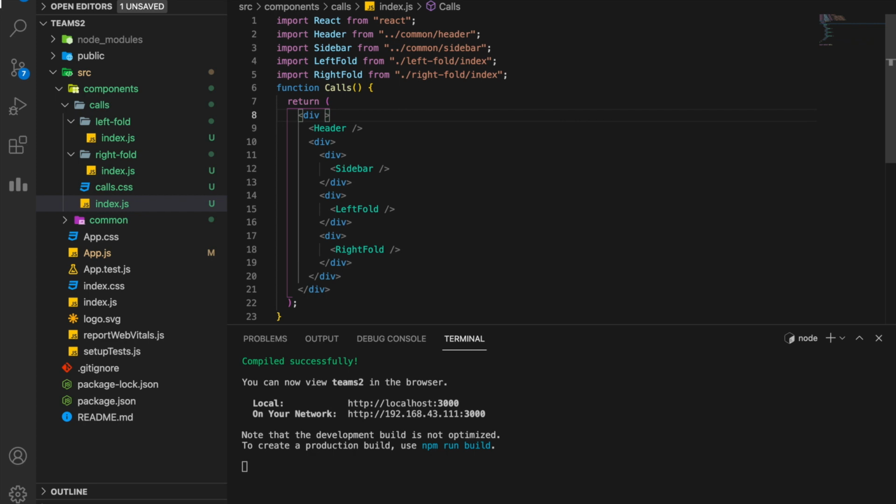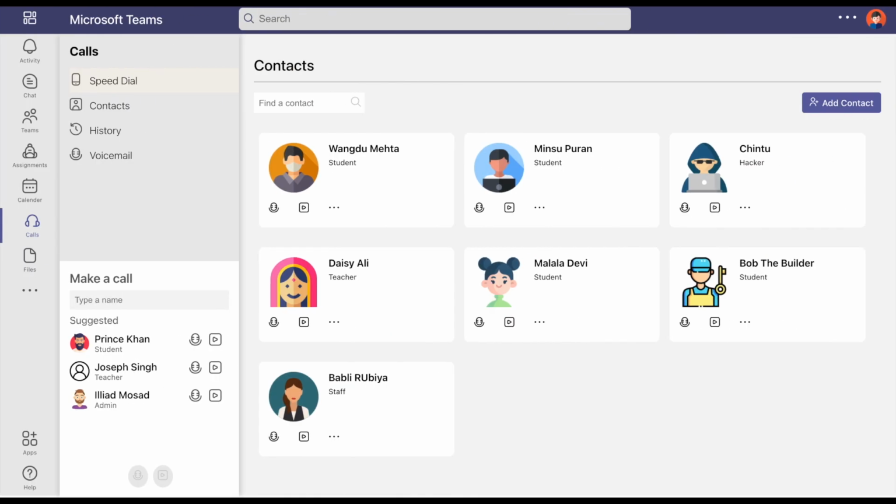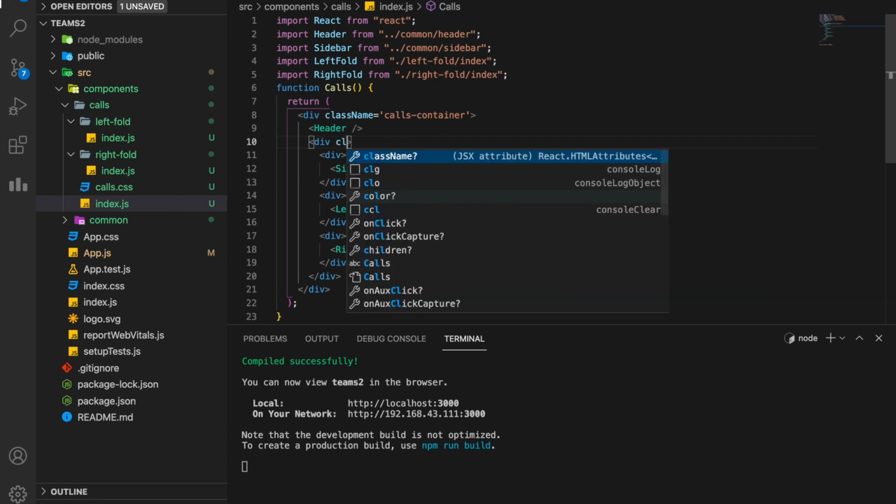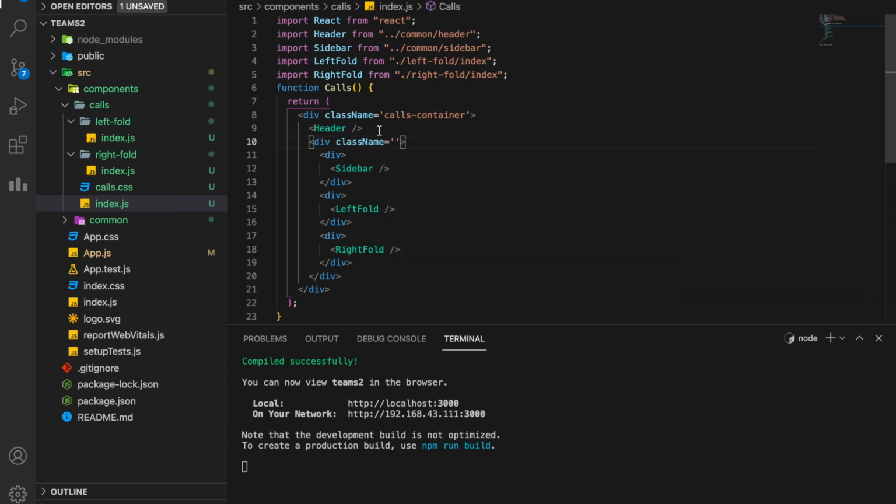These are the main parent components that we are going to use. Let's give it class names, and let's design it a little bit. Let's call it calls. In future you're going to have many classes, so make sure that your class names are not confusing at all. So I'm going to call it calls container, and this whole screen is calls container. Above we have header, and beneath that we are going to have calls body. This is calls sidebar. Let's give it class name calls sidebar.